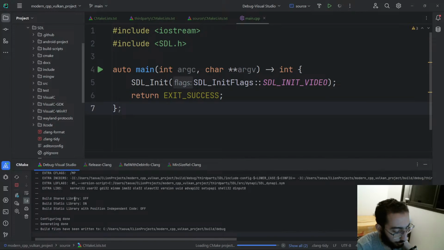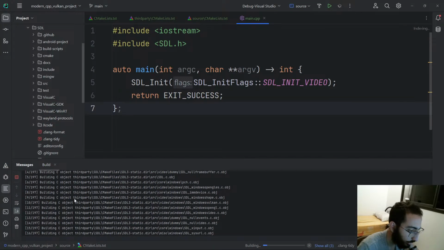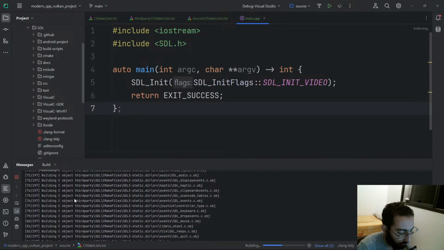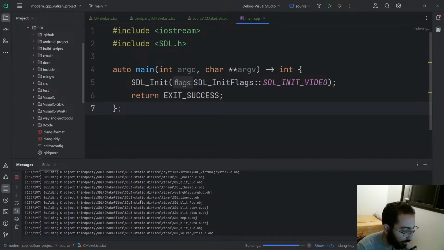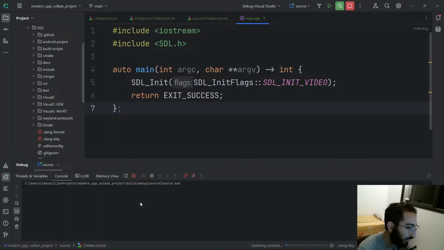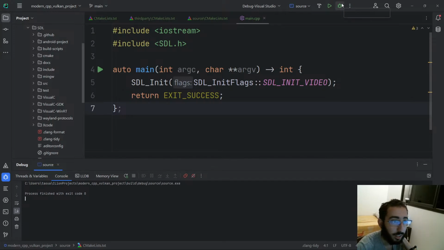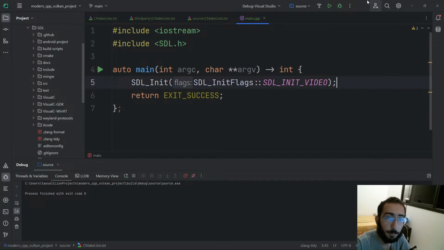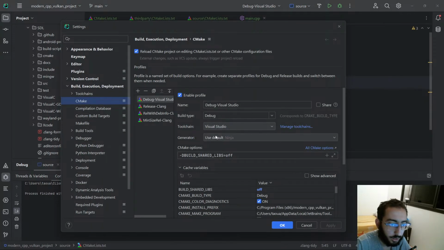I'm probably going to debloat SDL later on, but right now it's fine. There's a lot of flags that you could tweak. For example, we don't need the SDL renderer. We don't need a lot of stuff in SDL that we could get rid of, while you couldn't easily do that if you're not using CMake. But since we have the source code and we're building from source code, that's very easy. Now this is working just fine, as you can see, which is amazing. Now let's try real quick